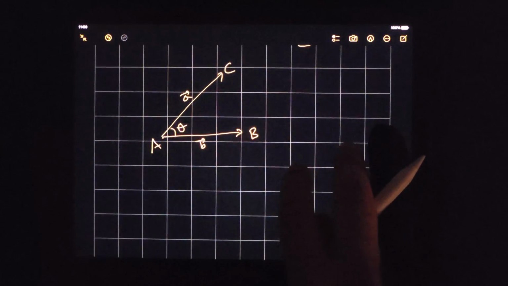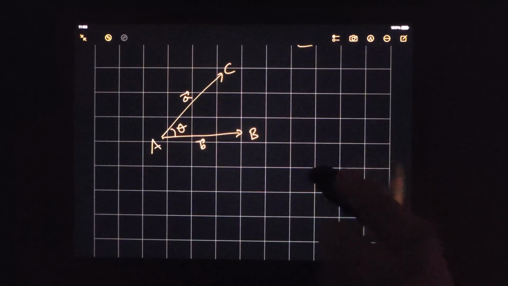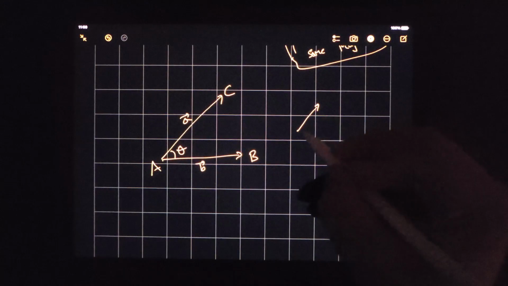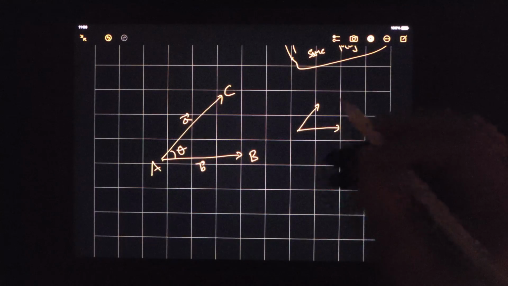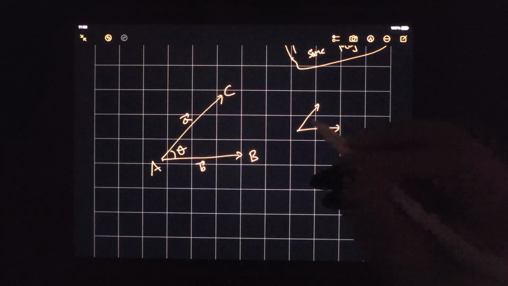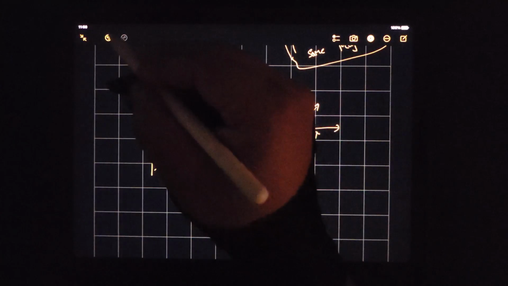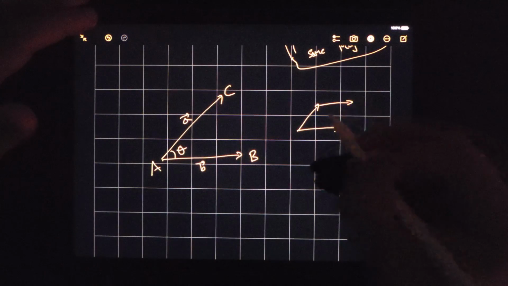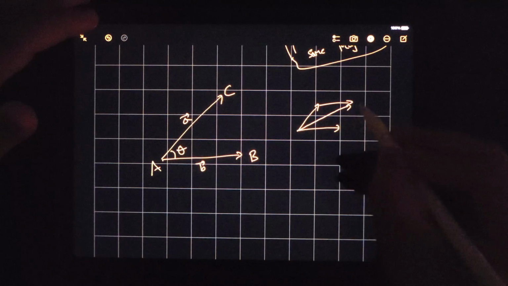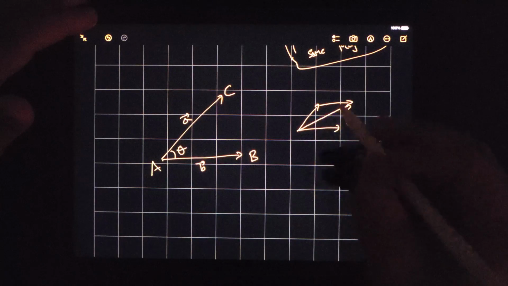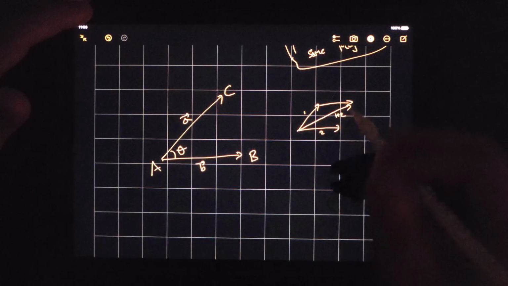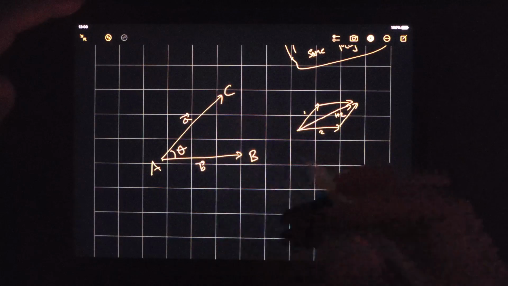So what am I going to do here? Basically, in math, when you have two vectors, you could actually add them and say that, if you were to put this vector here and move it up here, that is your sum of these two vectors. So if this is 1, that's 2, this is 1 plus 2,